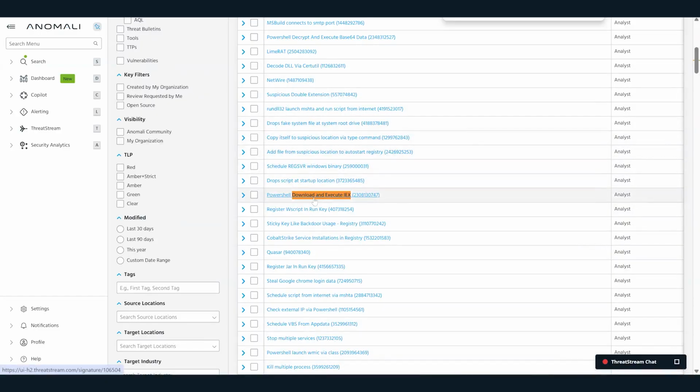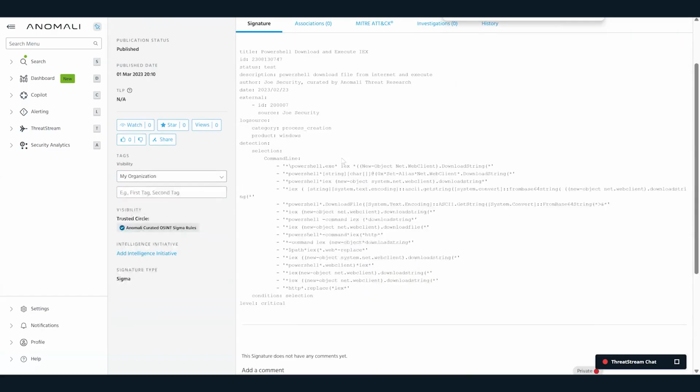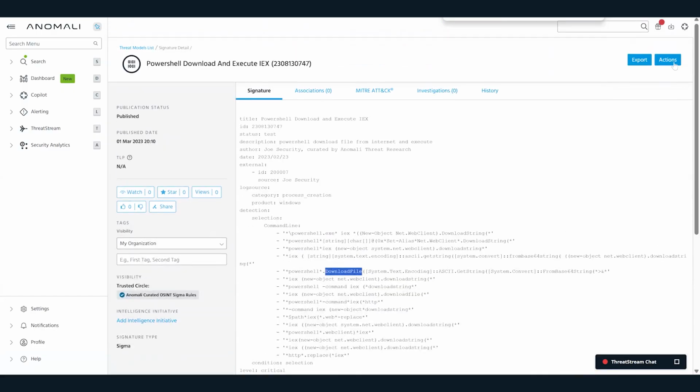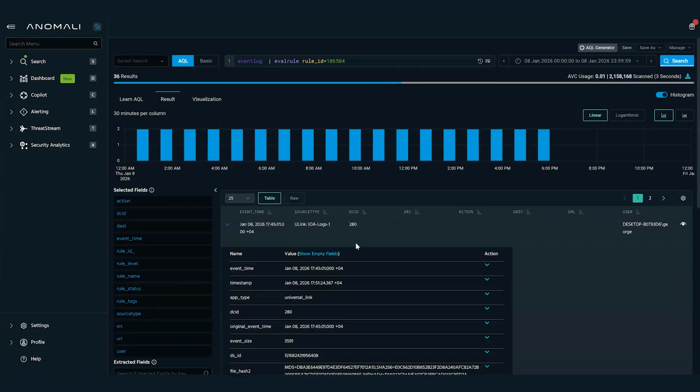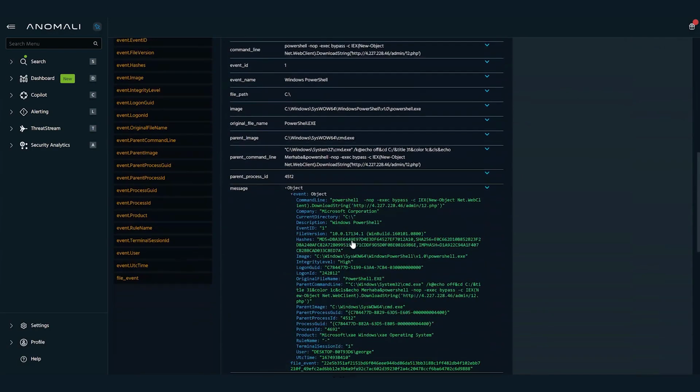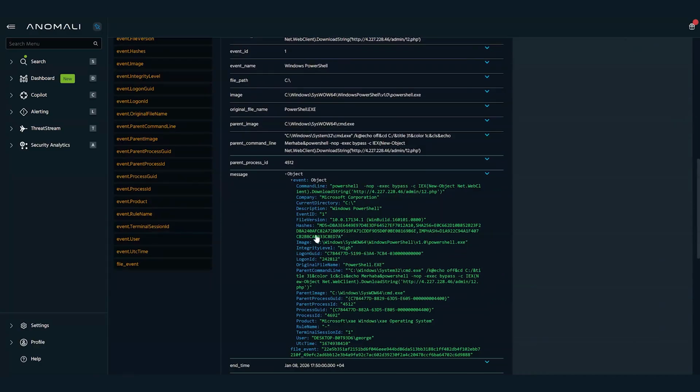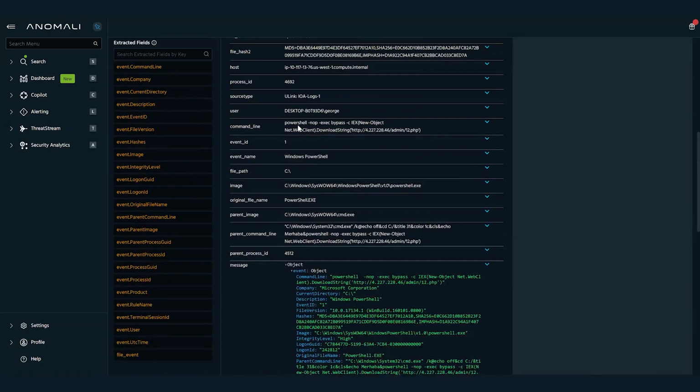A second rule targeting PowerShell download and execution behavior can be run in the same way. If PowerShell leverages download strings or remote file retrieval, those activities are surfaced with raw event detail and structured parsing side by side. Analysts can validate whether suspicious activity occurred at any stage of the attack chain, using their own